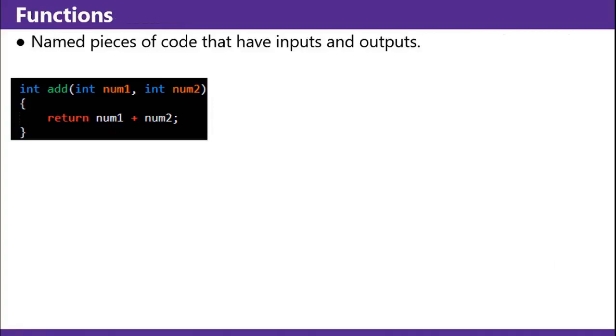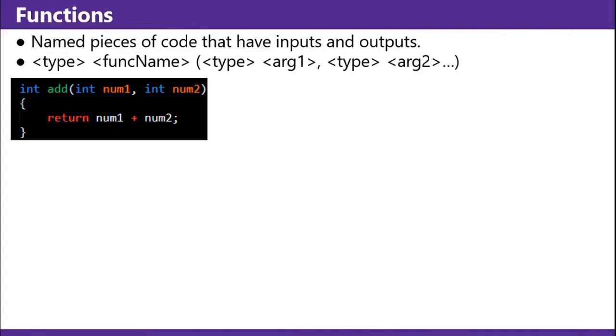Functions name pieces of code that have inputs and outputs. The general form is type, function name, parentheses, type arg1, comma, type arg2, and so on, for as many arguments as you have. This example is an add function. You take in 2 integers and then you return their